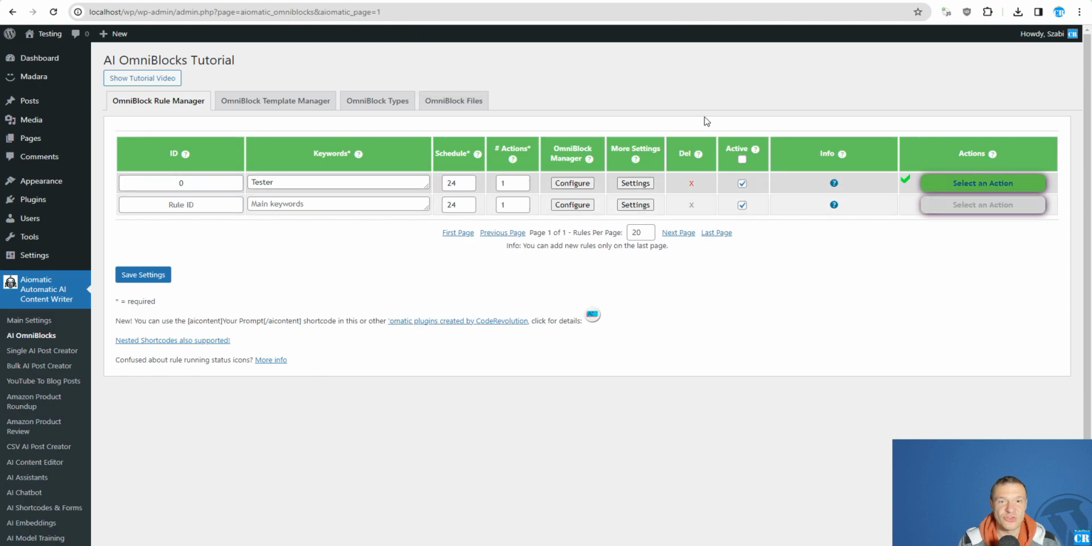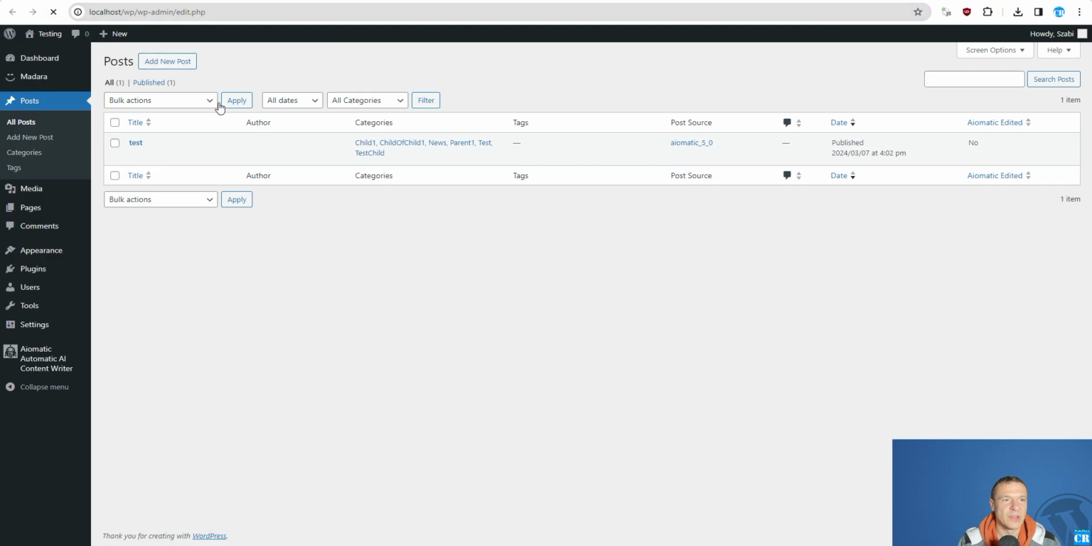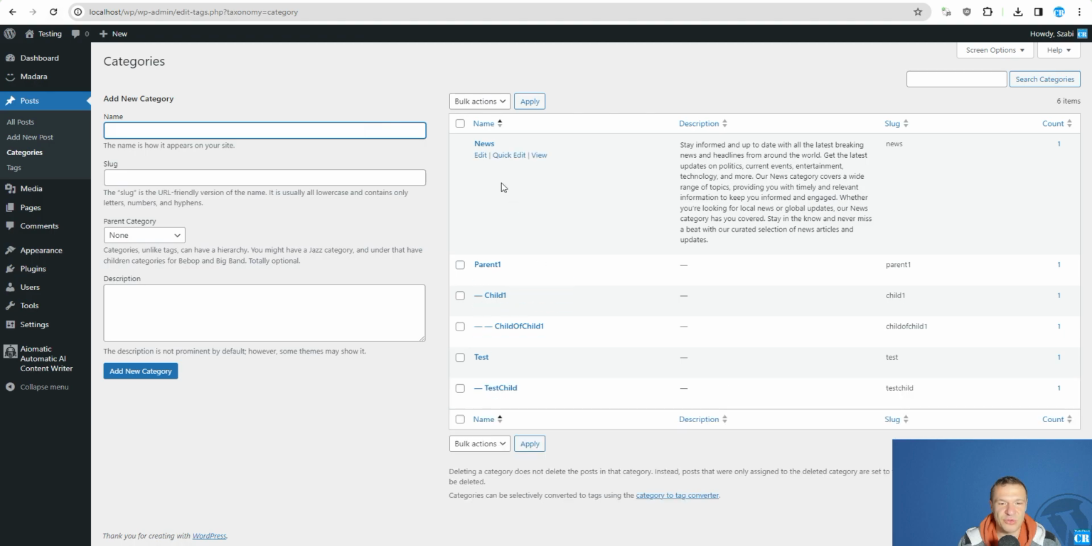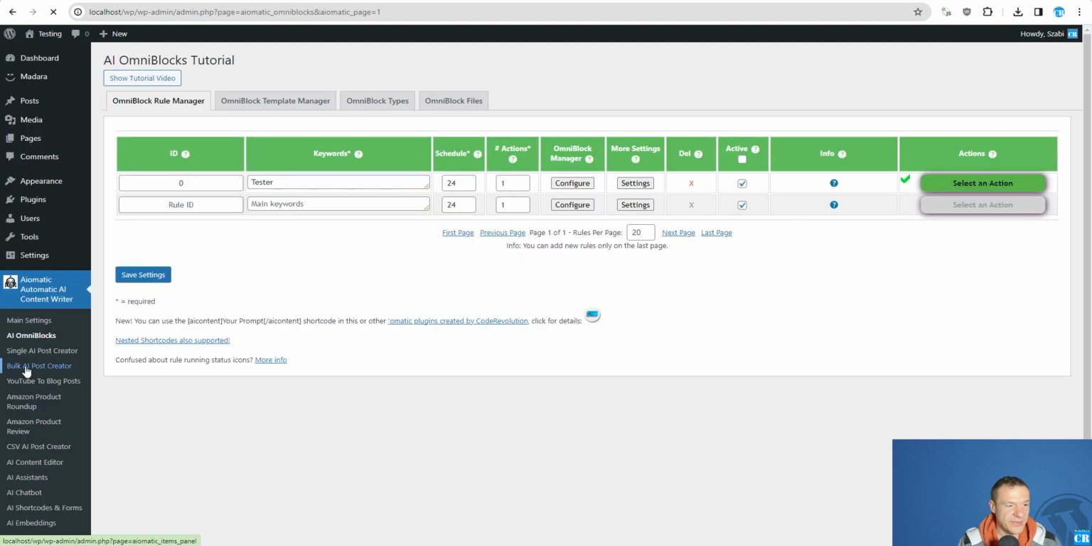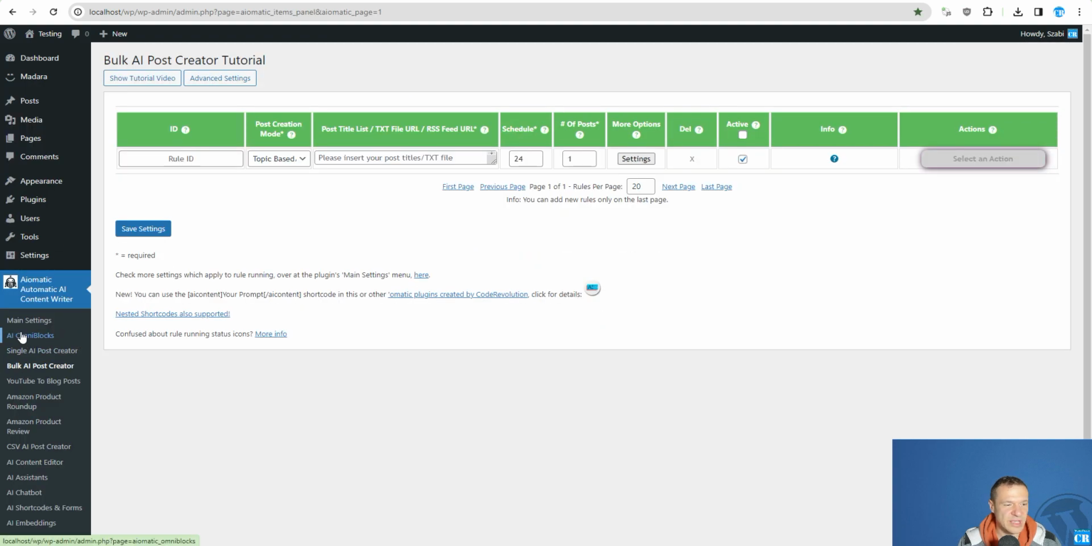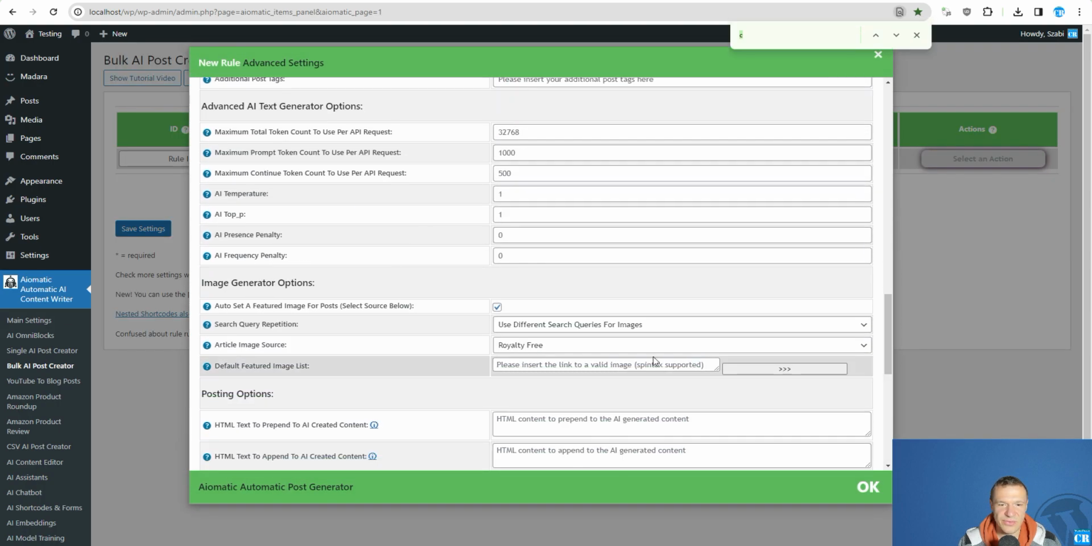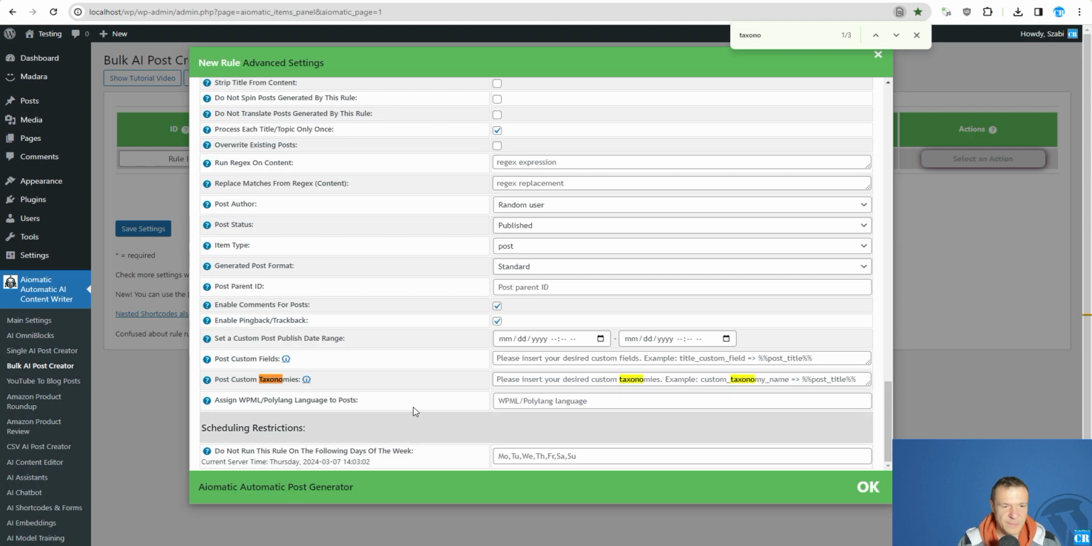You can also instruct the AI to use this format for you, and the AI will be able to generate these categories in this format, and the plugin will also generate the child categories for you as a result. Okay, so as I said, this can be used in AI Omni blocks and also in the Bulk AI Post Creator. For example, if we create a testing post only and search for taxonomy,